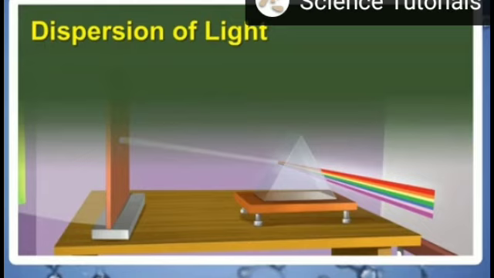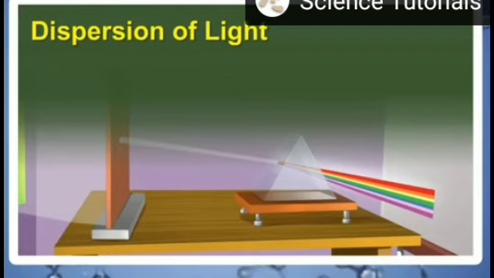The next topic, dispersion of light. We know that the sun is the fundamental and natural source of light. If a source of light produces light of a single color, it is known as a monochromatic source. On the other hand, a composite source of light produces white light which contains light of different colors. Sunlight is a composite light which consists of light of various colors or wavelengths. Another example of a composite source is a mercury vapor lamp.